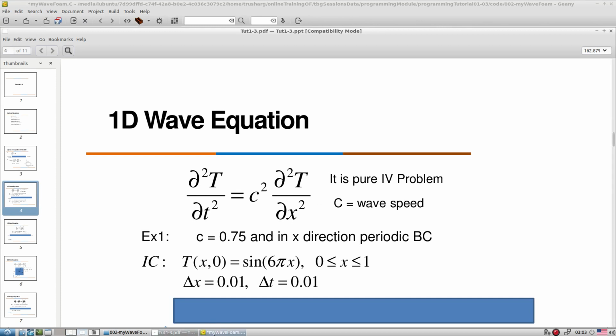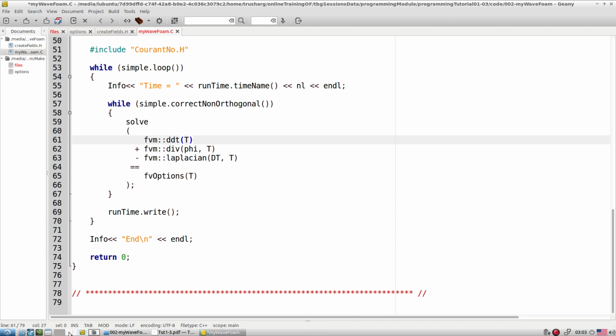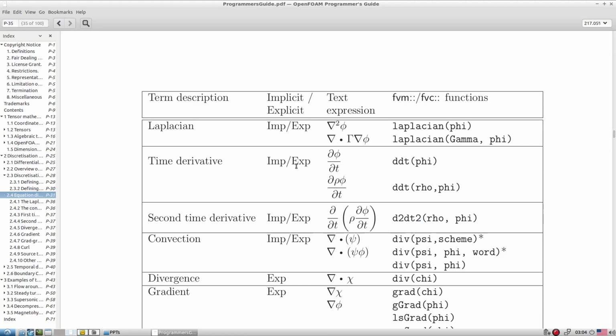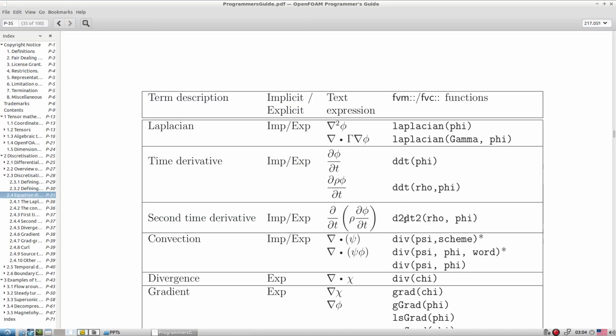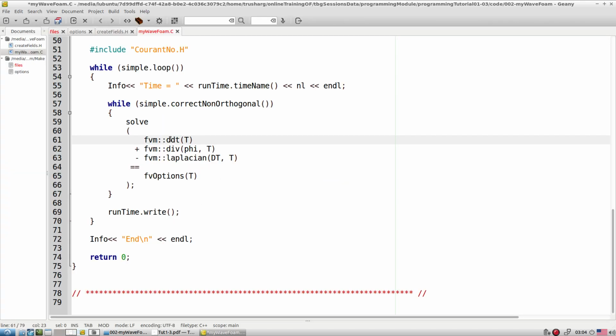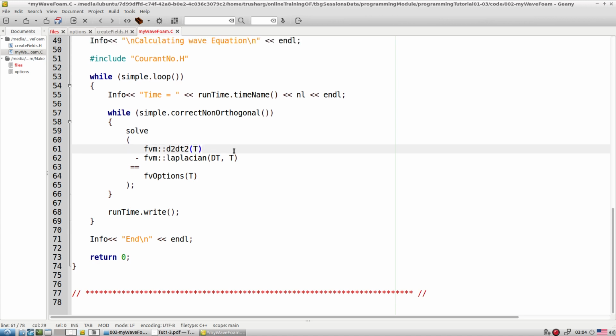Okay, and when we talk about the d2 d2 class of schemes, we have two options: either we go with the implicit or the explicit. So we will work with the implicit FVM based d2 d2 schemes. Look at the syntax: we require d2 dt2. So we are set with that term, and that is equal to